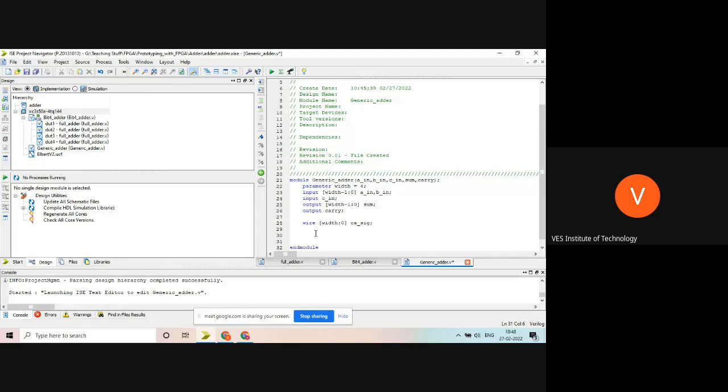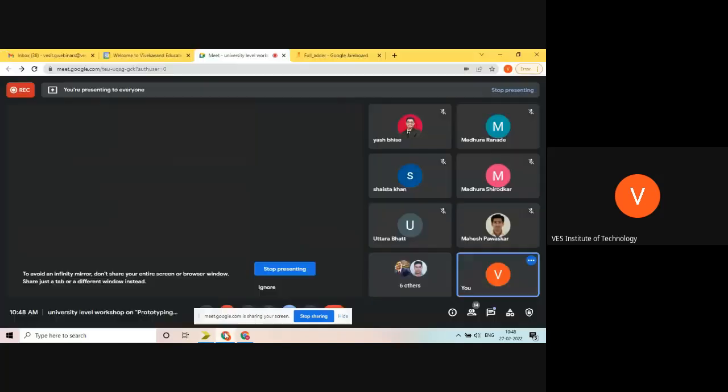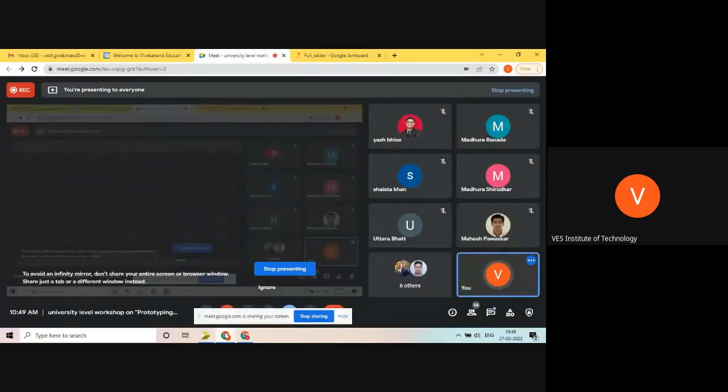Now this is the biggest tip you can remember for your Verilog programming. Every time it is not needed to remember the Verilog syntax. In fact, I do not remember any of the syntaxes. I am coding, but I do not remember any of the syntax.